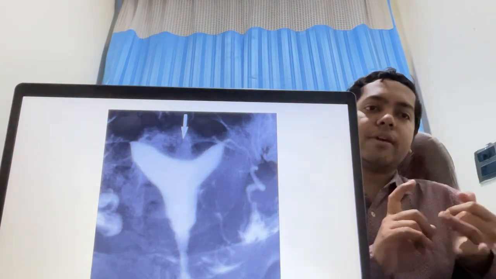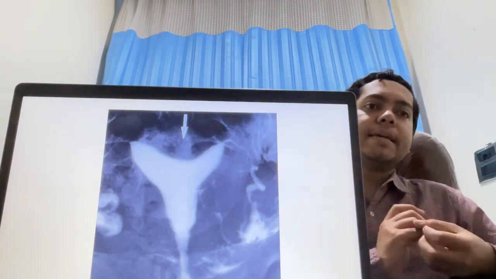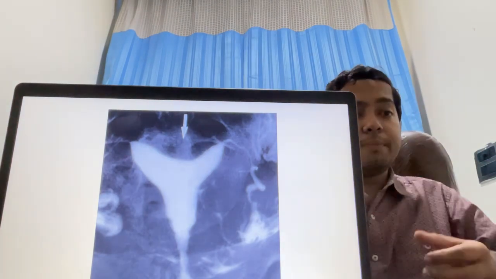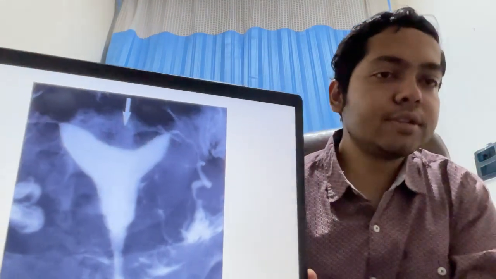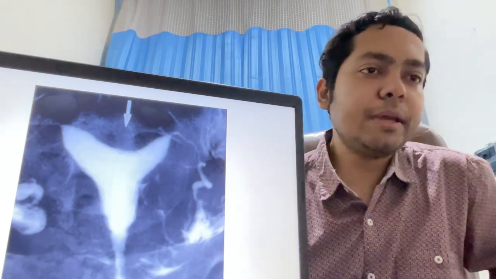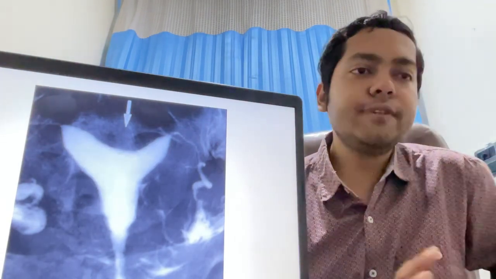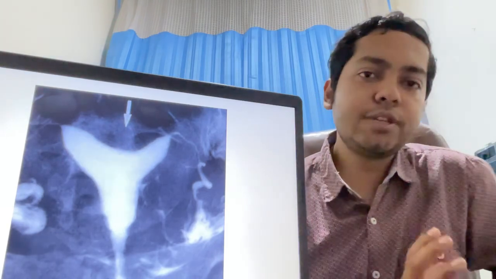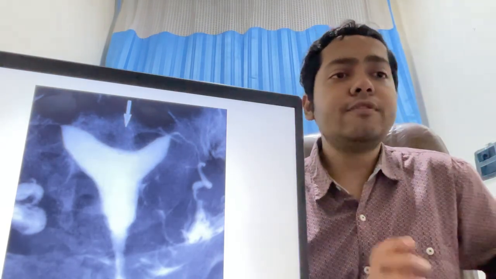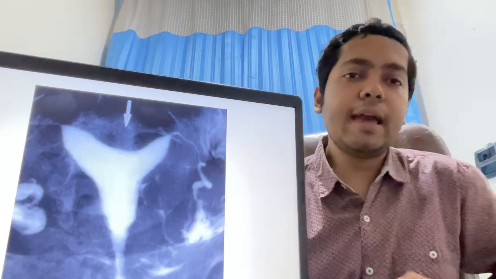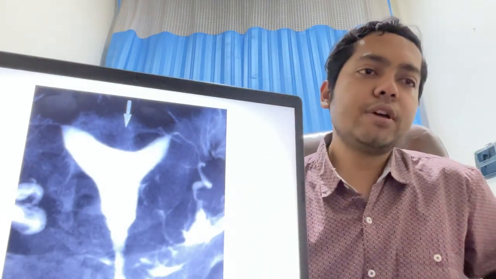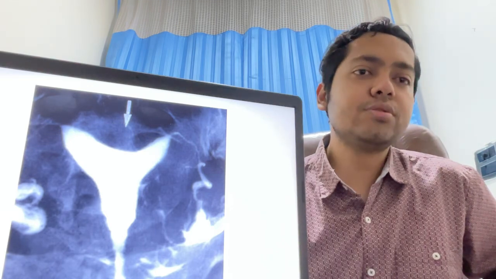Now how do you differentiate between bicornuate uterus and septate uterus? By a plain hysterosalpingogram, you cannot differentiate. For that you have to do either an MRI कराना पड़ेगा, या फिर दूसरा investigation of choice is diagnostic hysteroscopy